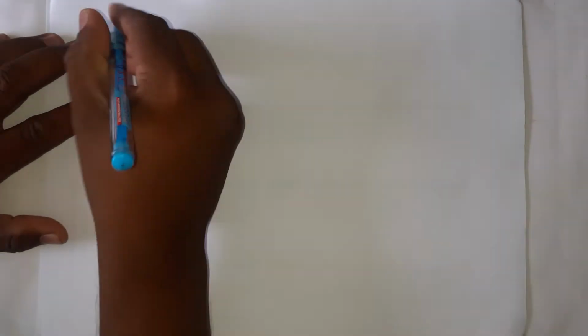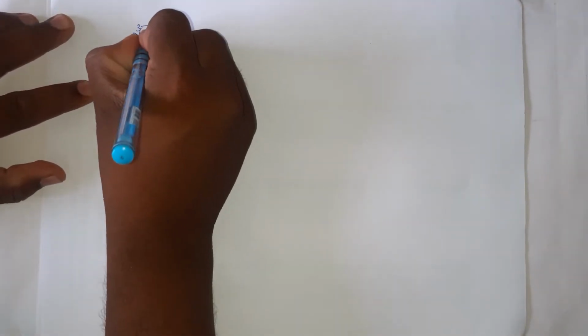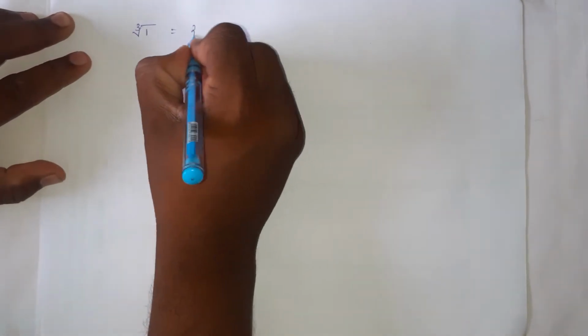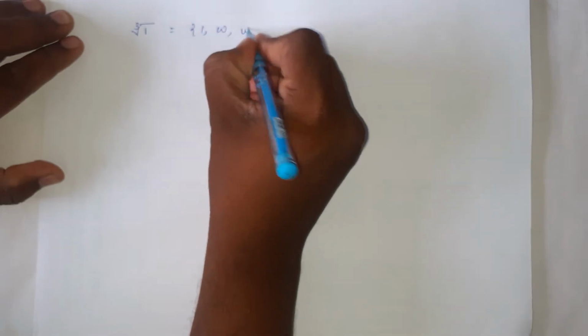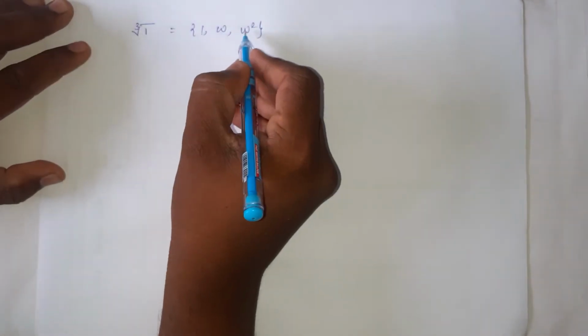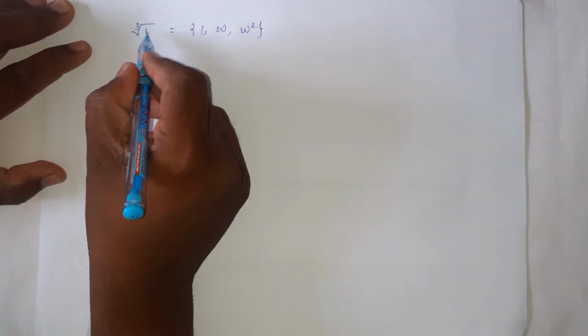So in this class, let us discuss some more examples on groups. Before that, let us discuss the cube roots of unity and fourth roots of unity. Here cube roots of unity, that is cube root of 1, are given by 1, omega and omega square. These three are the cube roots, meaning 3 roots of unity, unity means plus 1.